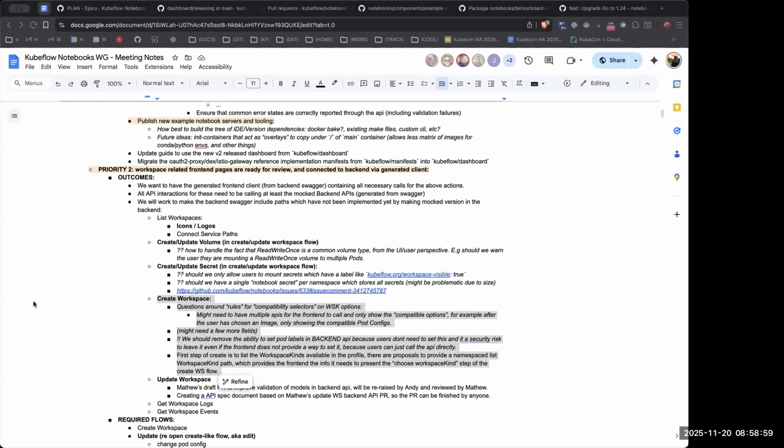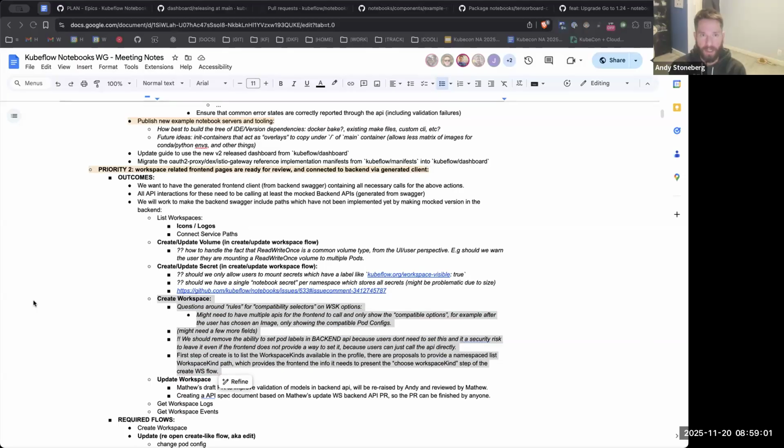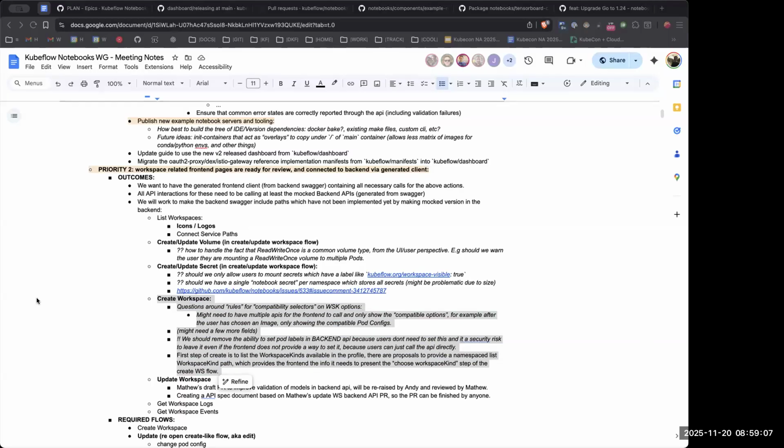Yeah. So it's stubs or real fully fleshed-out implementation? When I say mocked, I mean ones that are mocked in JavaScript, not mocked in the back end. Okay. Right. Yeah, so we don't have a mocked API server, but what we have is just mocked JavaScript objects so that we can render the data. Yeah, that's fine.